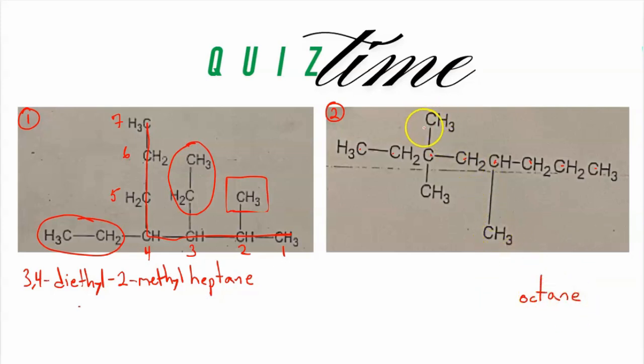And then we have 1, 2, 3 methyl groups. I'm going to start numbering over here, because that is where we are going to have the smallest numbers. So we have 1, 2, 3, 4, 5. So we have 2 on the 3 carbon and 1 on the 5 carbon. So we're going to label this 3, 3, 5,